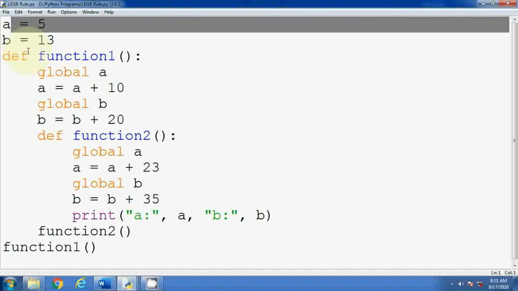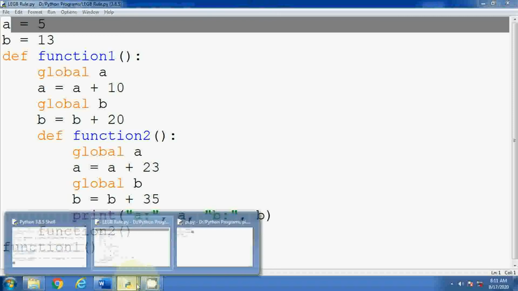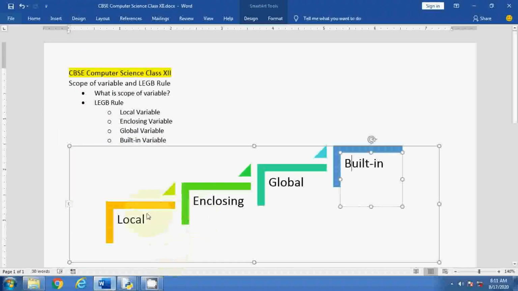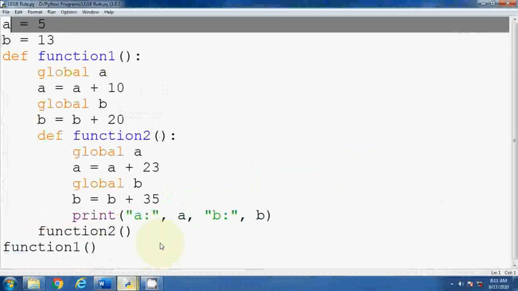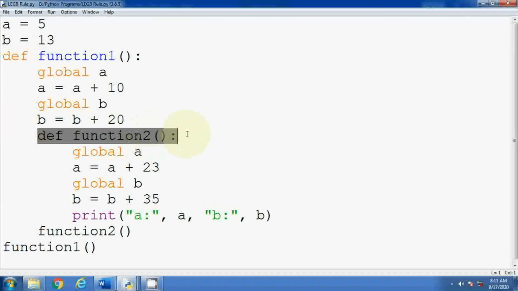Once again, first it will check local, then it will go to the enclosing for the parent function. It is checking in parent function. Local variable is available in local function, child function we can say. Here function 2 is our child function, that is nested inside function 1. And function 1 is the parent function.